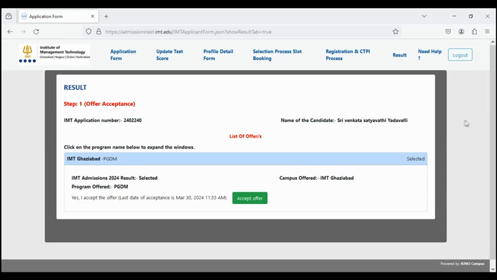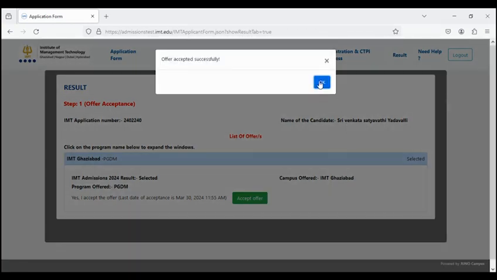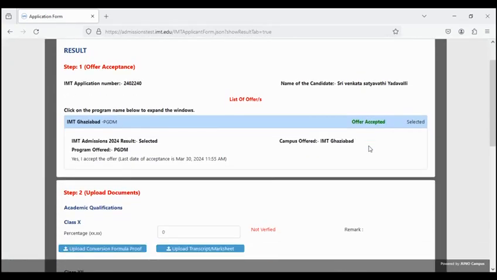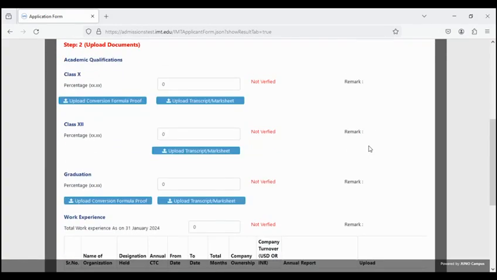So you can see that the results tab has opened up in front of you. The result tab for your information is on the right hand corner. And you see that there is an accept offer button. So you can go and accept the offer, click on the button. Okay. And then what opens up in front of you is step two, where you have to upload